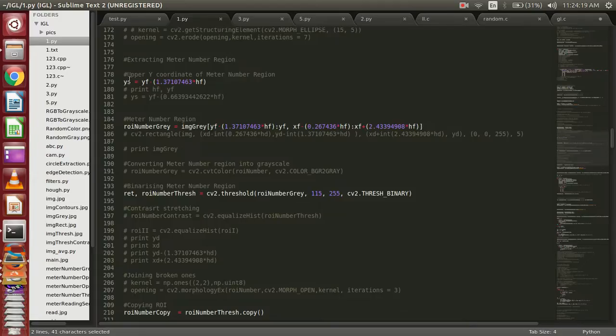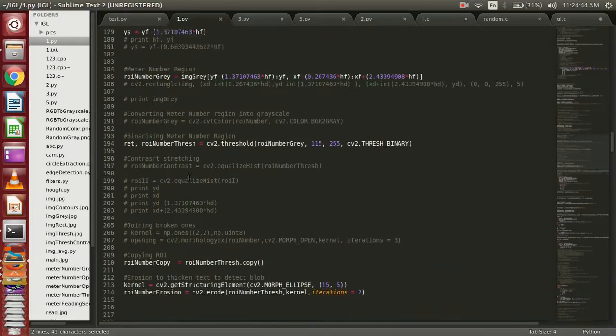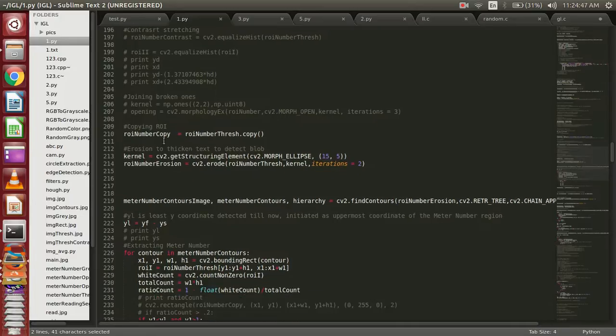Now these steps are used for extracting the meter number region. In the whole image, we have some idea, from doing research on a lot of images, about the position of the meter number with respect to the meter reading. We already have extracted the meter reading, so now we want to extract the meter number. So we take some relative ratios and extract a probable region of the meter number using these calculations. Again we use an elliptic kernel to erode now,